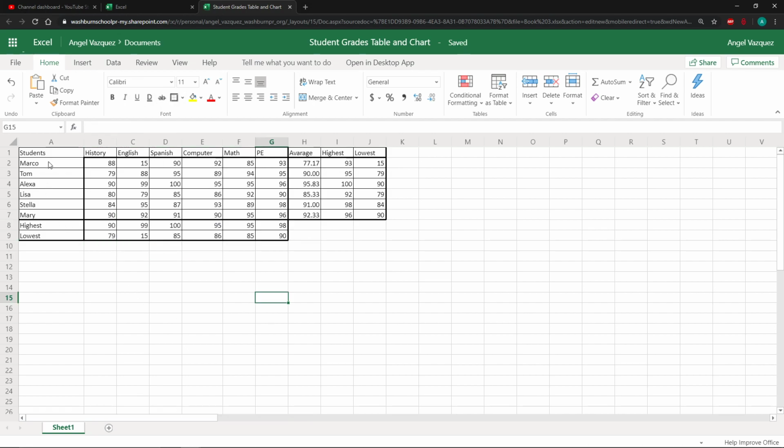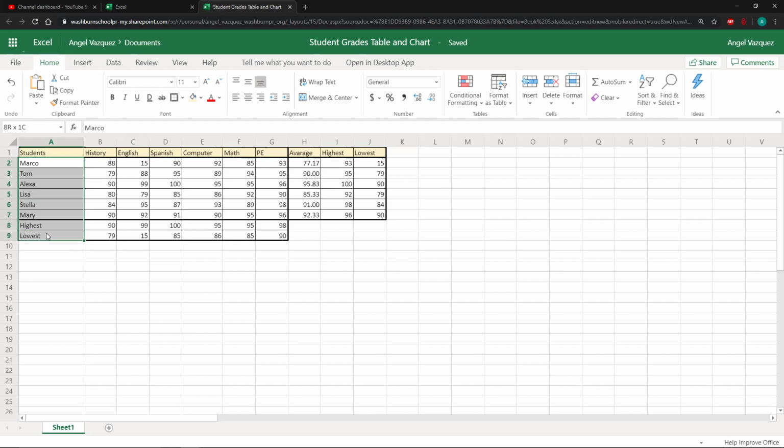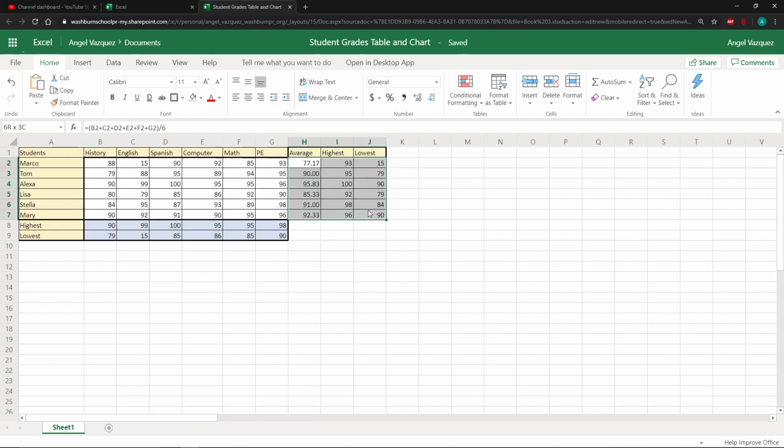Alright, and then I start adding colors to it little by little over here. You guys already know this because we've done it before. And now, this is the main data, and this is all extra, like analysis and stuff like that, right? Now, what we are going to do with this data that we have is